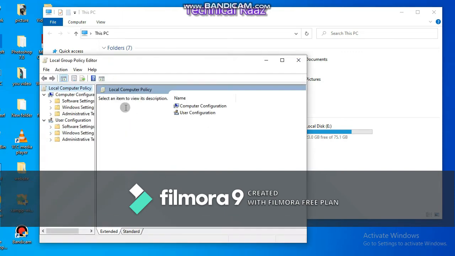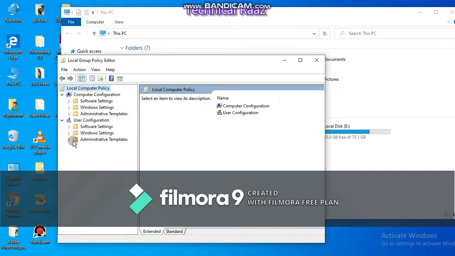If you click enter, then the Local Group Policy Editor will open. You have to click on Administrative Templates, and after that go to Windows Components.